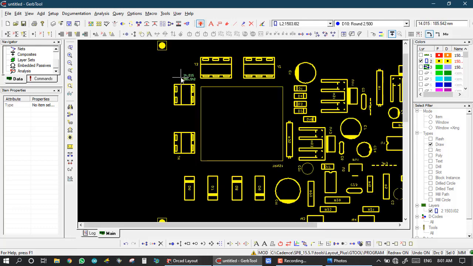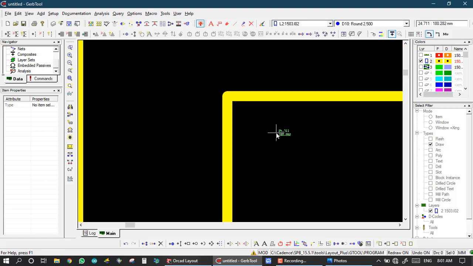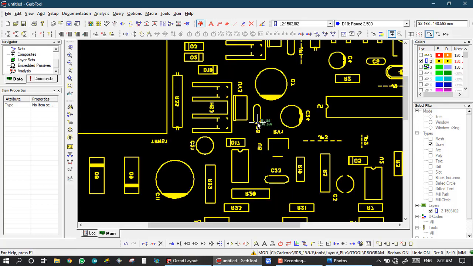Here in legend printing the draw is often too small, and if the draw is too small then it is not easily made in PCB production. So first we decide the minimum draw value for legend printing. In most production houses the minimum value for legend is 0.2 mm or 0.250 mm. So here we take our minimum draw value as 0.250.